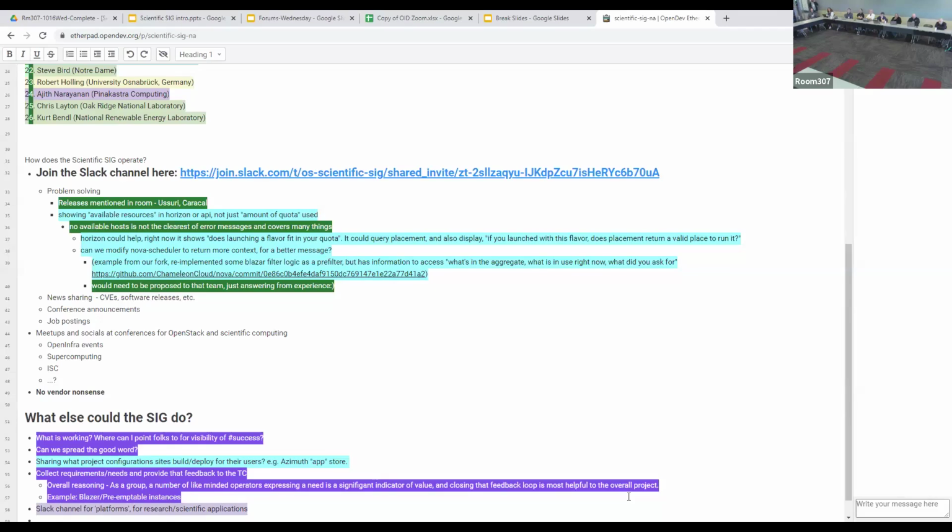I was thinking, Julia, just then, it's not just the TC. There's quite a lot of creative ideas within this group about how to use things like SmartNICs and that kind of stuff. Should we be trying to advocate that to other projects, like to the Ironic networking? We can.